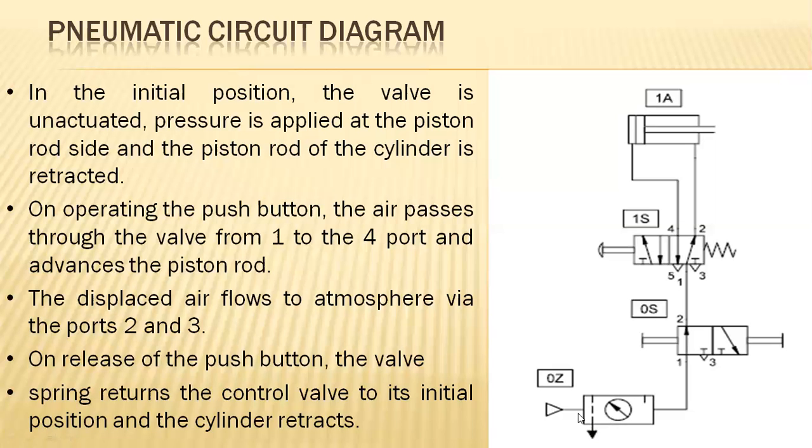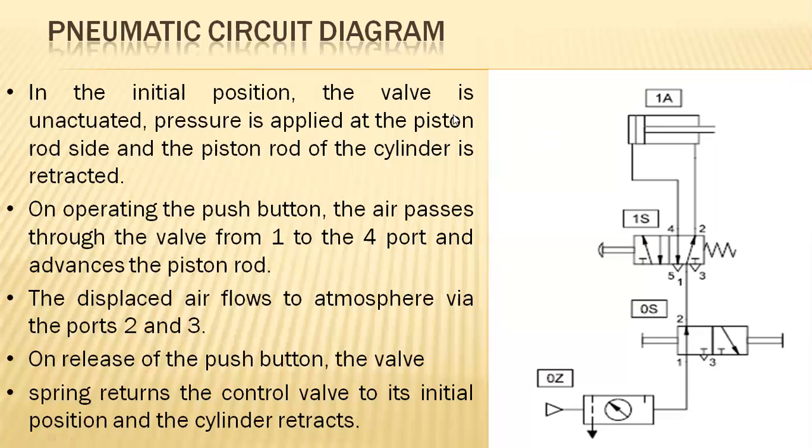So FRL specifies this. F is for the filtration process. That is nothing but the pressurized air which is entering is filtered, next regulated. If any pressure losses have occurred during transmission, regulation here is nothing but to increase the pressure or else to decrease the pressure, so the system inlet will be monitored with respect to the regulating unit. And next one is the lubrication process.